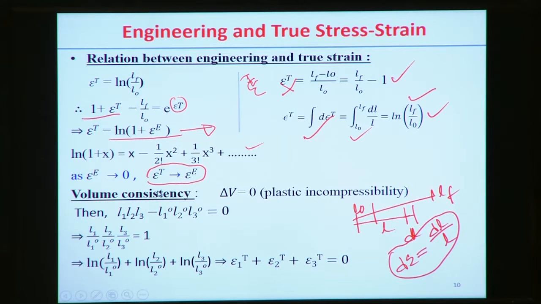So during deformation, mostly there is plastic incompressibility, that means there may not be a change of the volume but a change of the dimension of a specimen. In that sense, suppose the final dimension was L1, L2 and L3, and the initial dimension was L10, L20 and L30. Then the change of volume, final volume minus initial volume, is in this case 0 to maintain the plastic incompressibility.